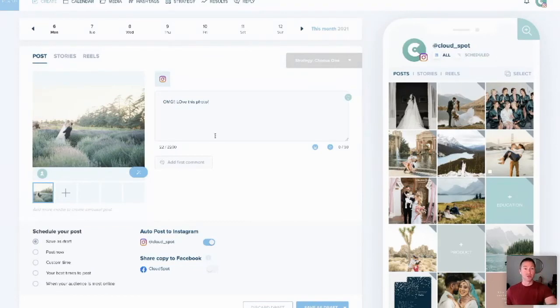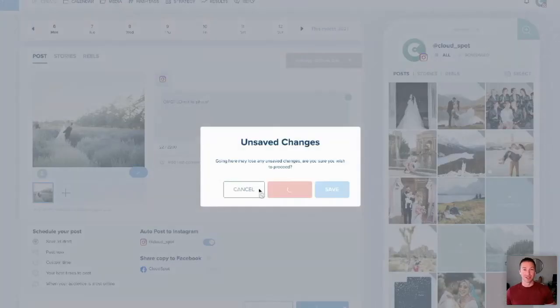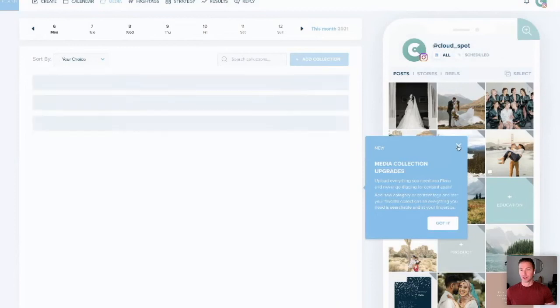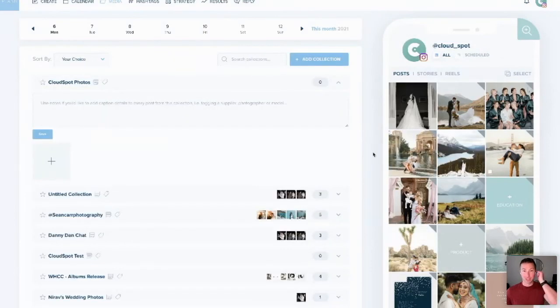You can do that on a per post basis, so image by image, or you can, of course, go into your media collections here. I'll discard this, so Kristen, our social media manager, doesn't cream me for posting something I shouldn't. And then you can go in and you can add batches of images as well into your Plann media captions. So that's the workflow. You go in, you upload your images, you create the captions, you earmark the photos you know you want to share, and then when it comes time, you just hop on over to Plann and curate your entire grid, style it perfectly, and not only your images, but your captions are ready to go.